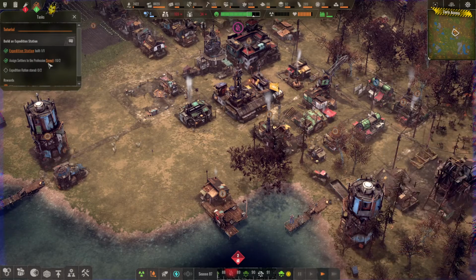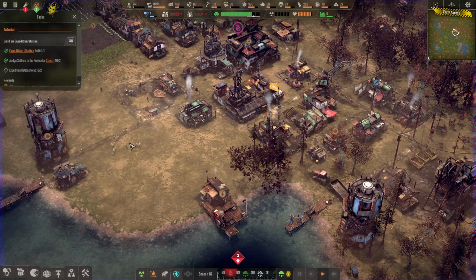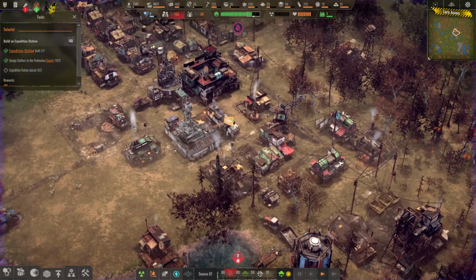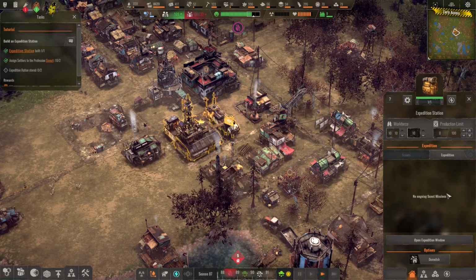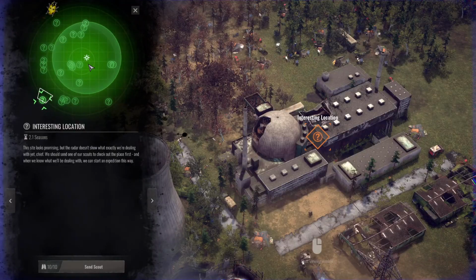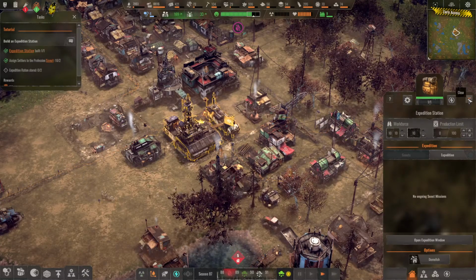So that has been built and expedition ration stored. Okay, so we have to build 2 rations. Or not build, make. Open expedition window. Yeah, okay, that's to go on expeditions. I don't want to do that just yet. I want to be able to